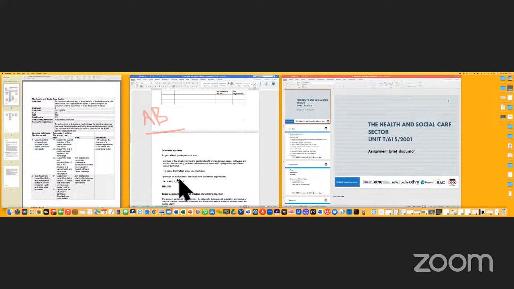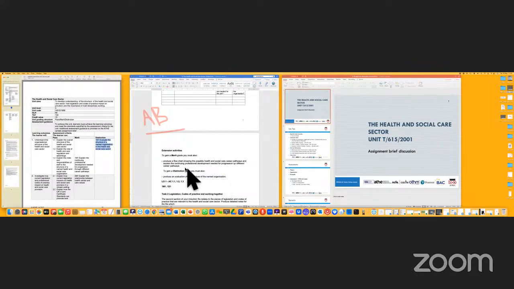1.2, and 1.3. Because this qualification is graded, the extension activities, which are the merit and distinction activities, are labeled as extension activities on your assignment brief. There is one merit opportunity here, which says produce a flowchart showing possible health and social care career pathways, and this has been converted into a task. There is also one distinction criterion, which says produce an evaluation of a structure of a named organization, pretty much the same wording as